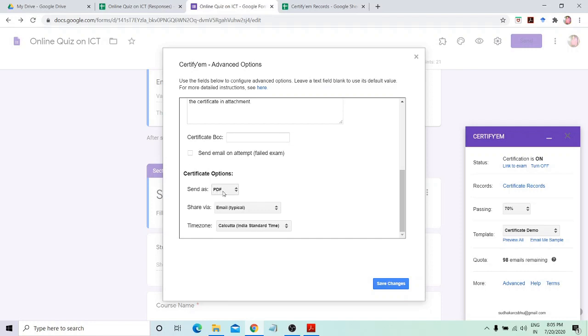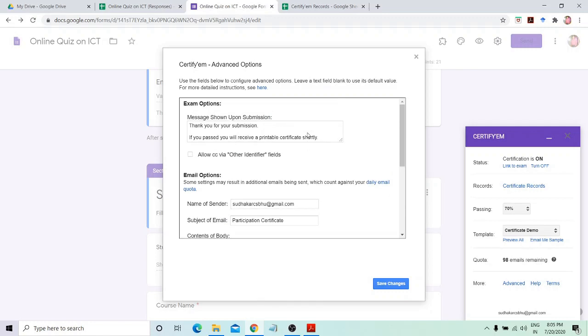As well, you can also select in which format your file will be sent, as a PDF or image, or also it is sent through email or it will be shared on Google Drive. This is the time zone. So do necessary changes and settings and save changes.